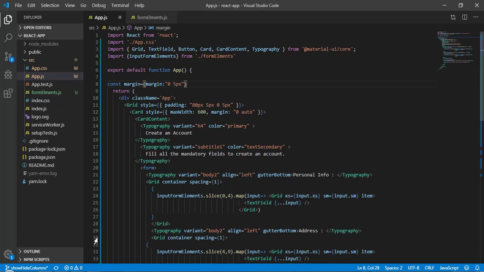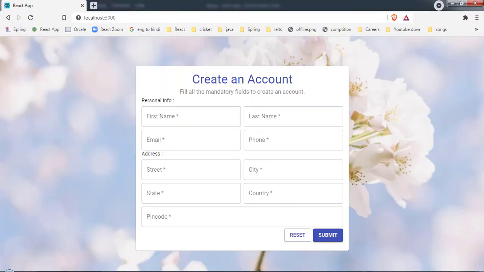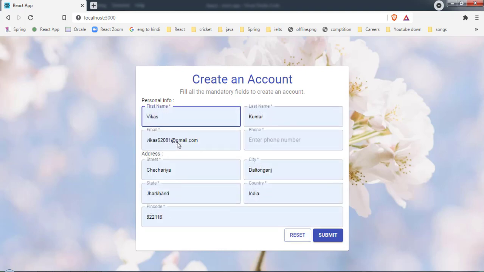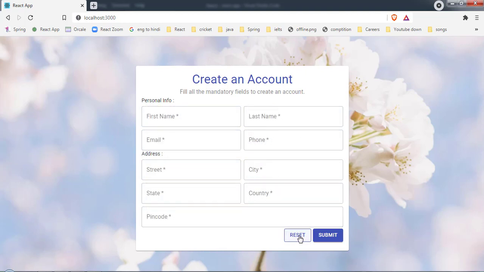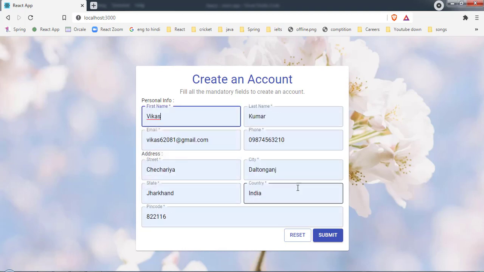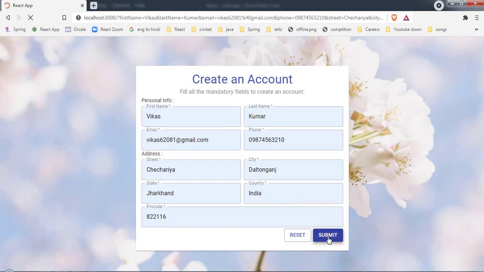So now save it and let's come back here. As you can see, I have a little bit of space here. Now let me fill this form, and click on reset, so the form got reset. Okay, and let me fill it again, and by clicking on submit, our form got submitted.